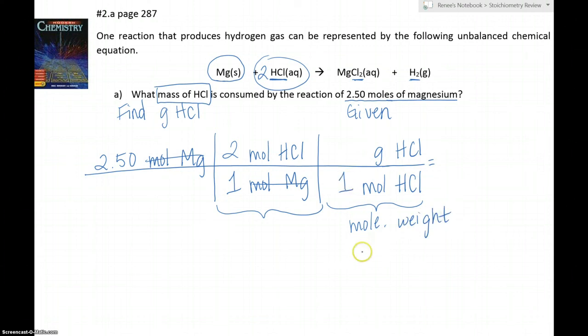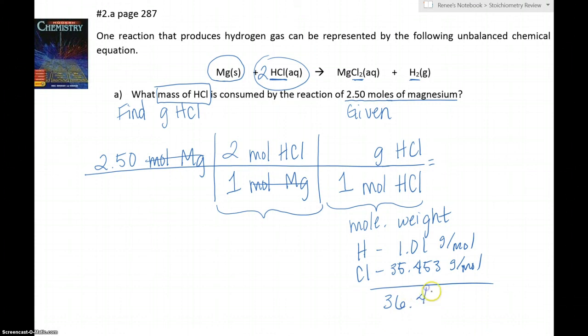And to find our molecular weight, we look on our periodic table. We have 1 hydrogen and 1 chlorine. Hydrogen is around 1.01 grams per mole, and chlorine is 35.453 grams per mole. When we add those together, we should get around 36.463 grams for every 1 mole of hydrogen chloride. So we're going to add that number up here, 36.463. And now that we've canceled our moles of hydrochloric acid, we have what we're trying to find here at the top,